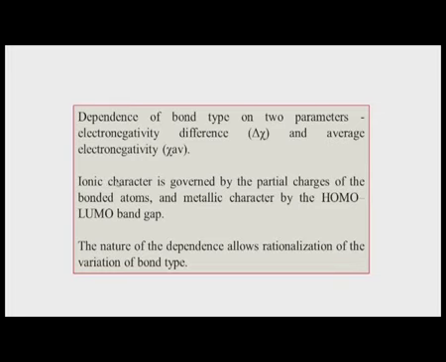If these two parameters are the controlling parameters, then we can define this particular nature of these molecules as whether it is an ionic compound or a covalent compound. So, the ionic character, like which is present in NaCl, is governed by the partial charges of the bonded atoms, and this particular character is there if we have a typical charge,